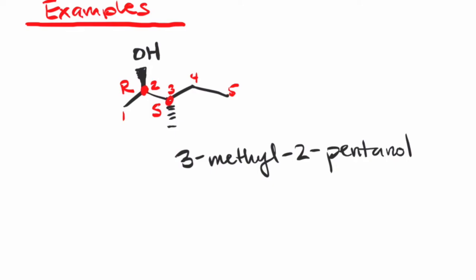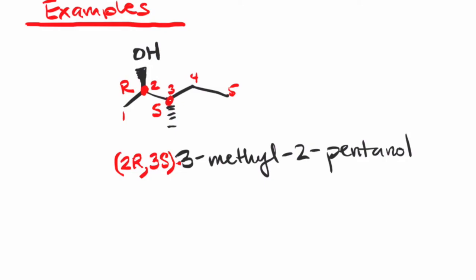Okay, so in order to tell the reader that at position number 2 it is an R configuration and at position number 3 it is an S configuration, when you have multiple chiral centers, you must be explicit in telling the audience which carbon is chiral and what its designation is. So in this case, we have carbon number 2 and carbon number 3 as chirals. So we say at carbon number 2, it is an R, so we say 2R, comma, and carbon number 3 is chiral, so we say 3, and it is an S configuration, so we say 3S